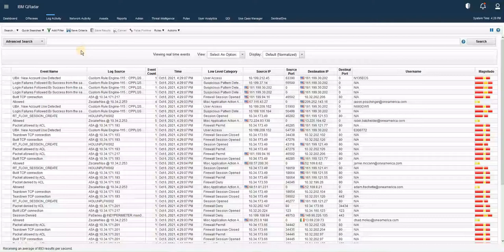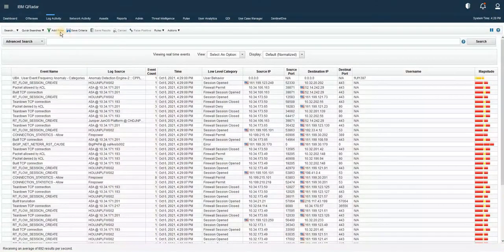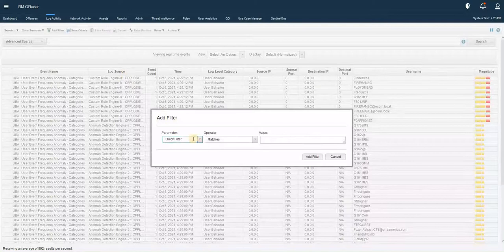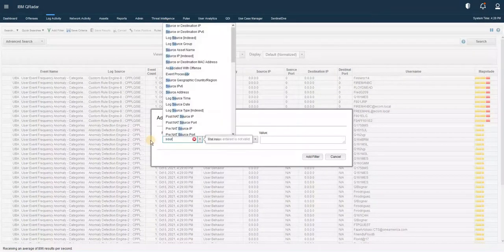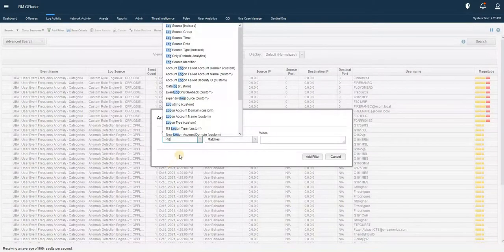When we want to see live traffic, we will go ahead and put a filter, and there are many options. Either you want to filter by source IP or destination IP, or a combination of source and destination IP, we can use whatever we want. Just for example, I'm using a filter on log source. So here I'm typing log source as the type, selecting the indexed format.